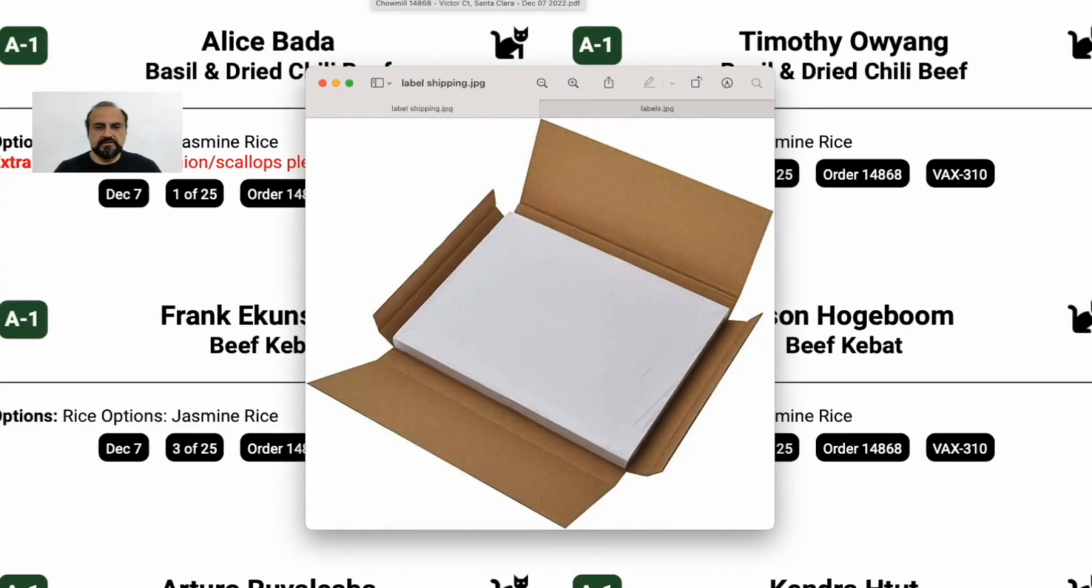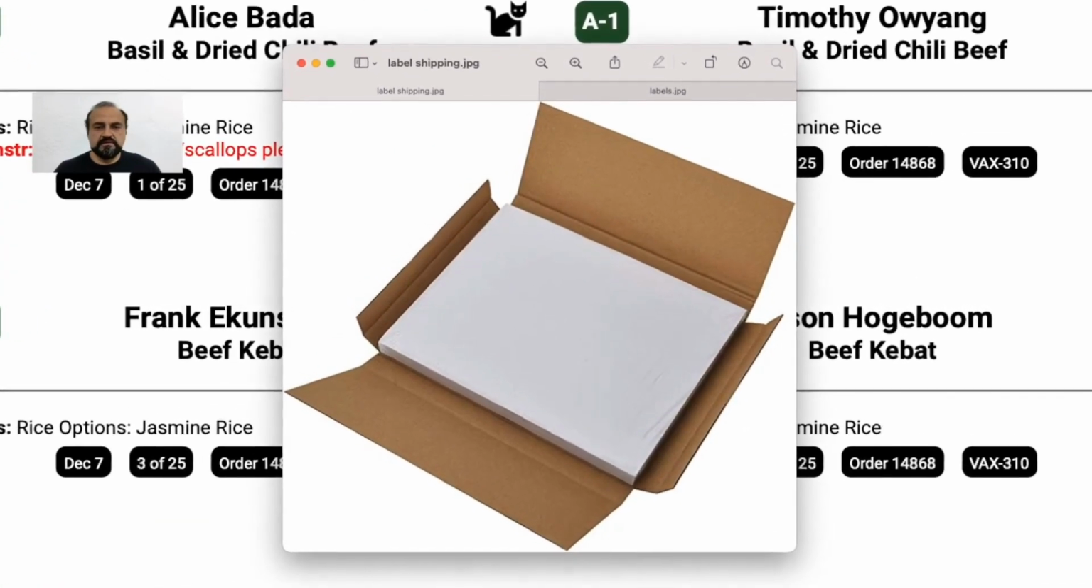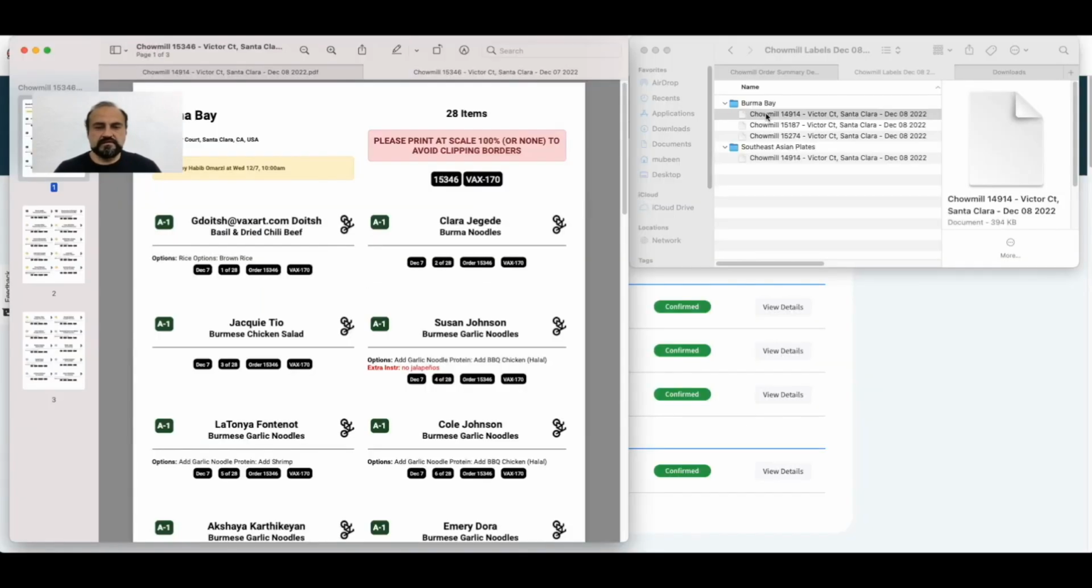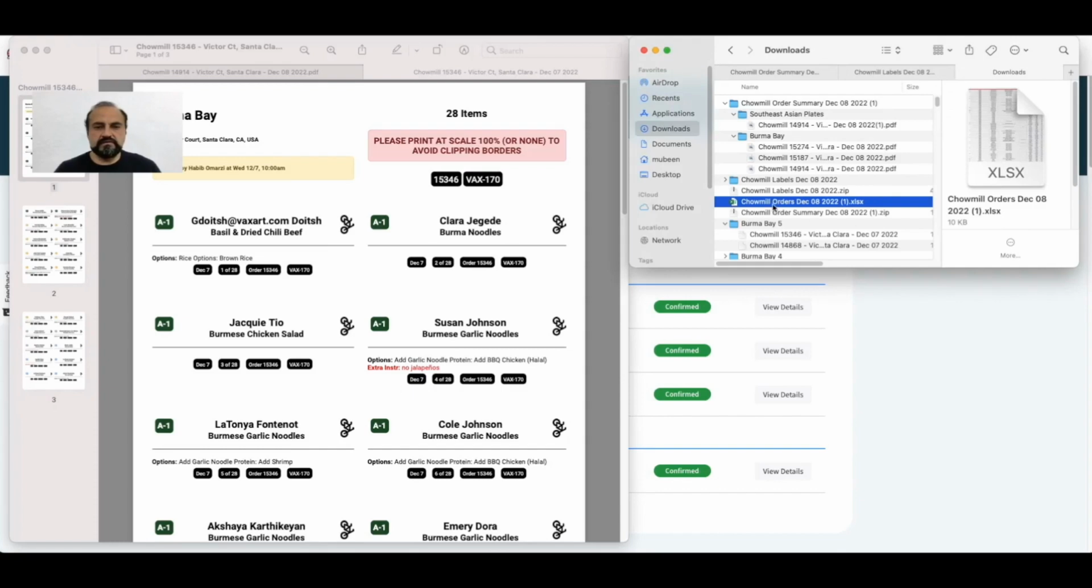Please note that label sheets are provided by Chowmill, so you can print them at your restaurant. If you are running low on labeled sheets, you can email us at support@chowmill.com and we will have them sent over. Now let's move on to the Excel file that shows all orders of the day in tabular format,